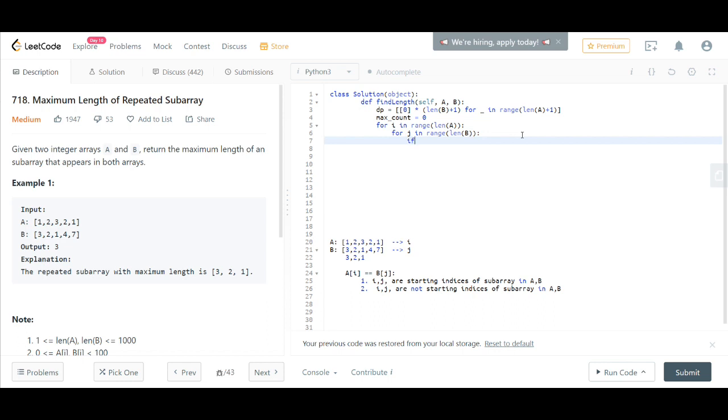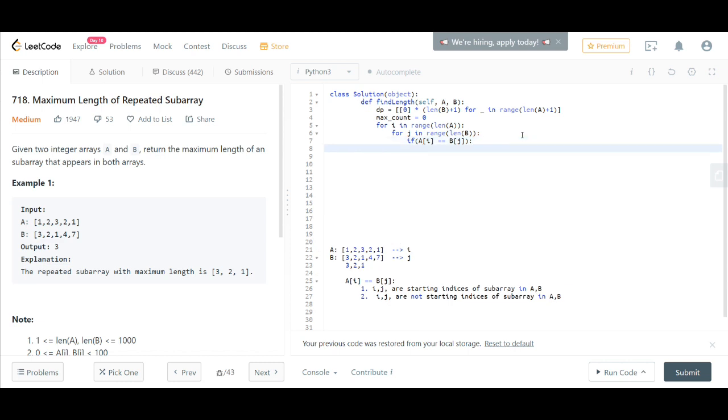Whenever we see the case that A of I is equal to B of J, what we'll be doing is, if you take this example, let's say we are at 1. When we are at 1, we can take the length that we have seen so far and add the current element, that is 1.